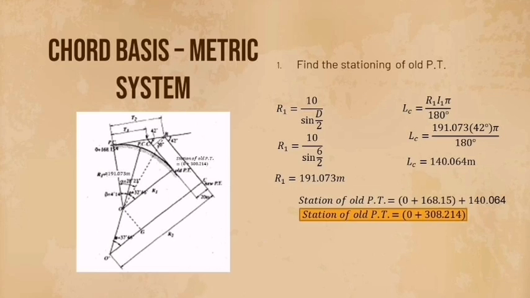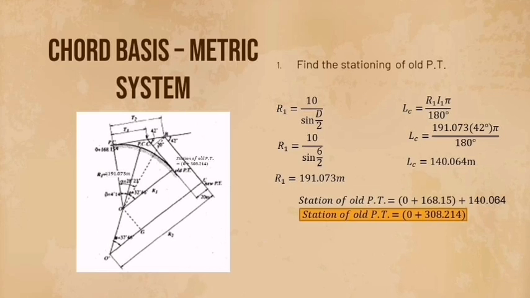So again, substitute the value of the degree, which is 6, and we will get the answer of radius 1 equals 191.073 meters. So for the length of curve, LC equals R1 times the angle of intersection times pi over 180 degrees. To substitute the value, I will not go through them one by one, but it is already in the illustration. So after we compute that, we will get the value of the length of curve equals